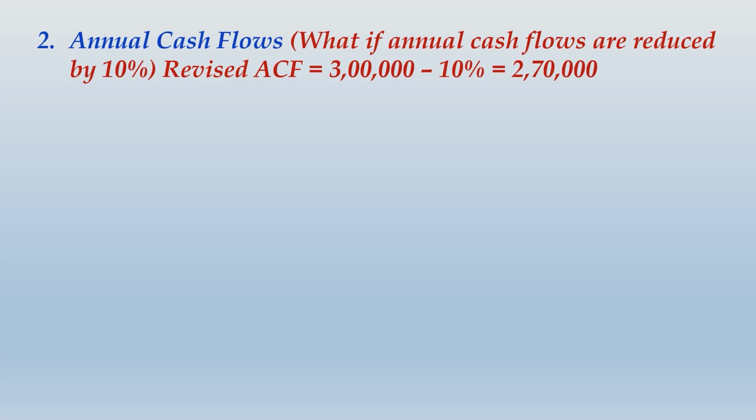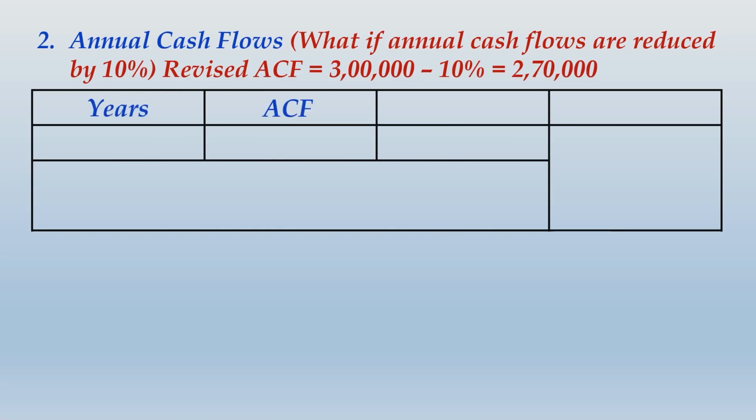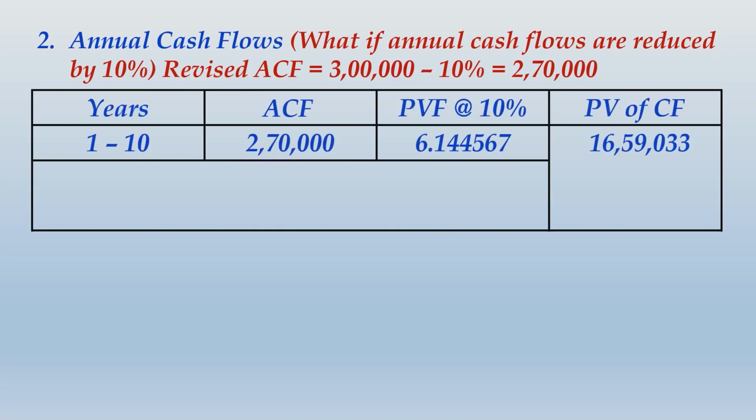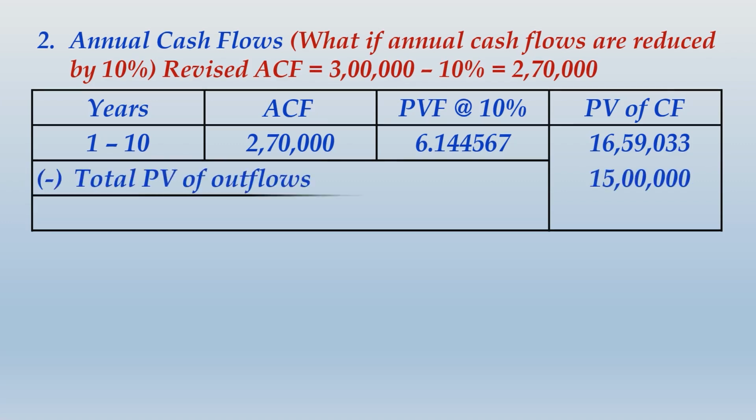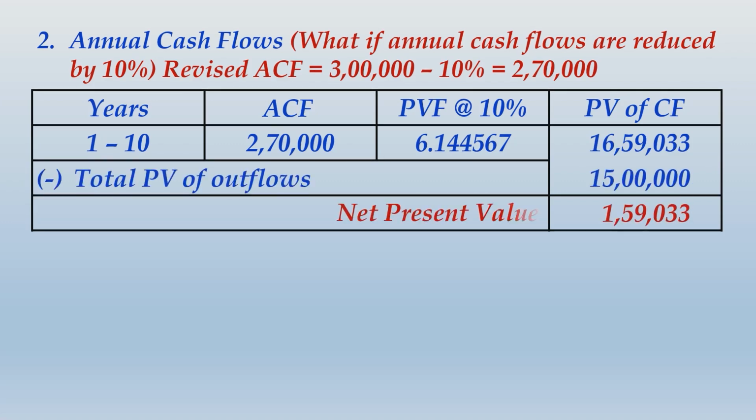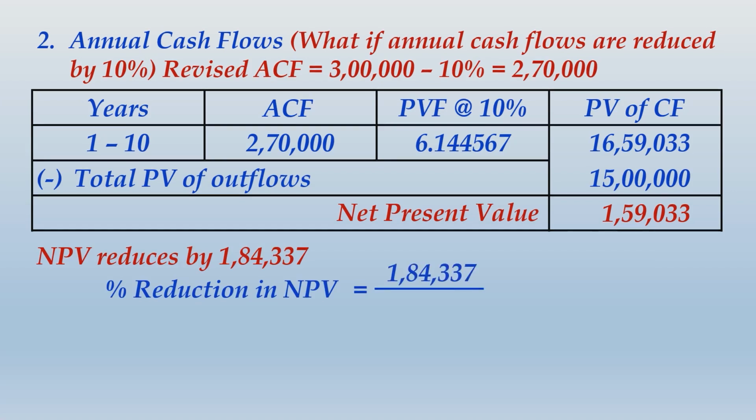Now what we do is we simply recompute the NPV, and when we recompute the NPV, what happens? We find that the NPV comes down to 1,59,033. So NPV reduces by rupees 1,84,337. So the percentage reduction in NPV will be